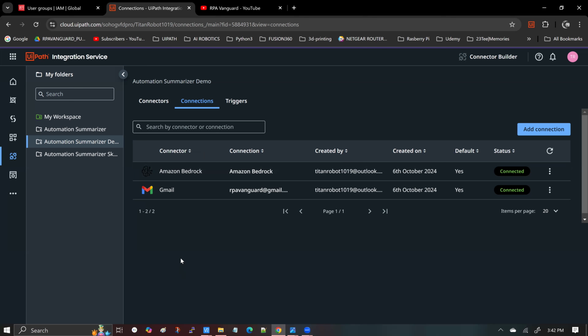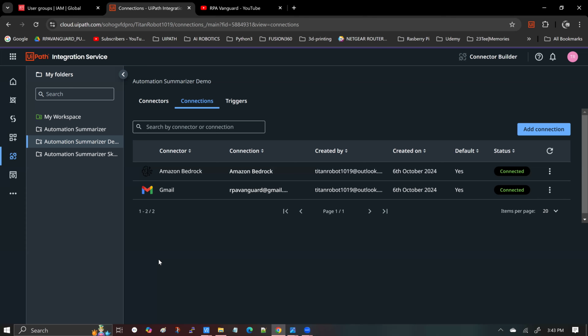So one of the other things that you need to make sure is that you have access to the model or the LLM with which you want to work with, right? So for that, you will have to request access through your enterprise AWS administrator to make sure that that model is accessible to you. And if you have your own personal subscription of Amazon, then you have to request the